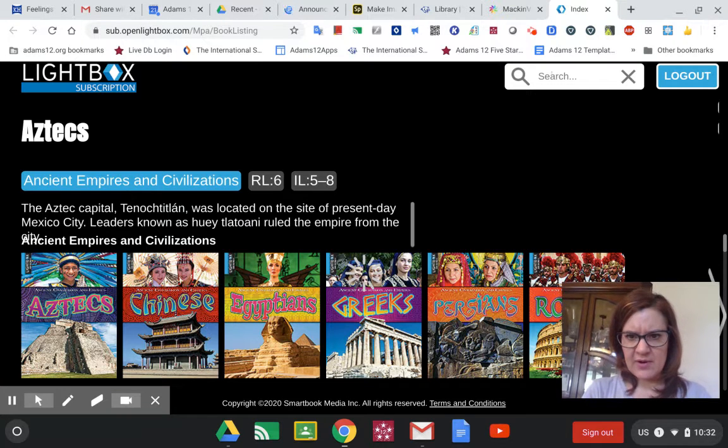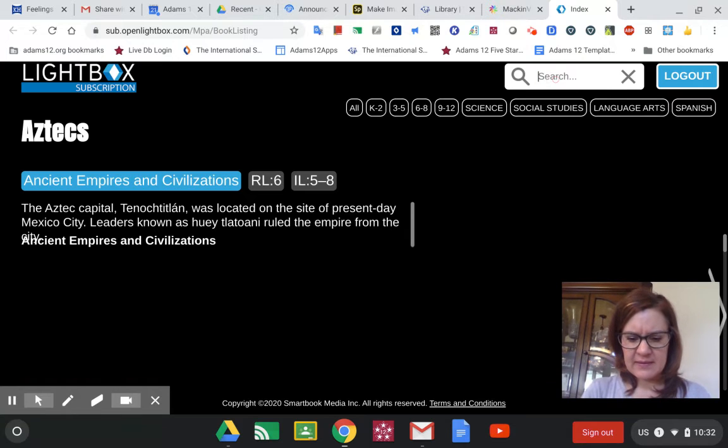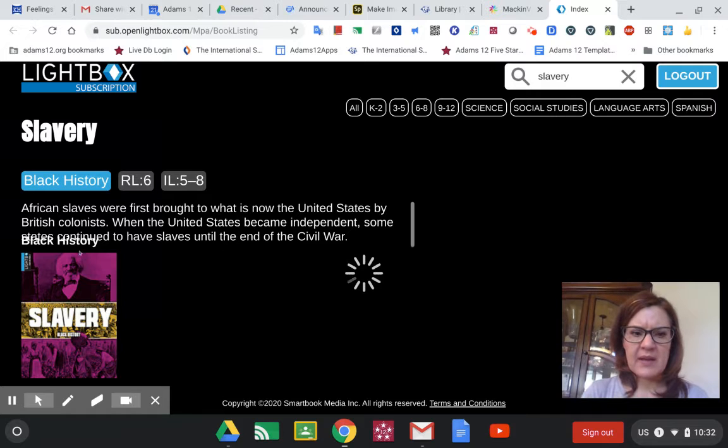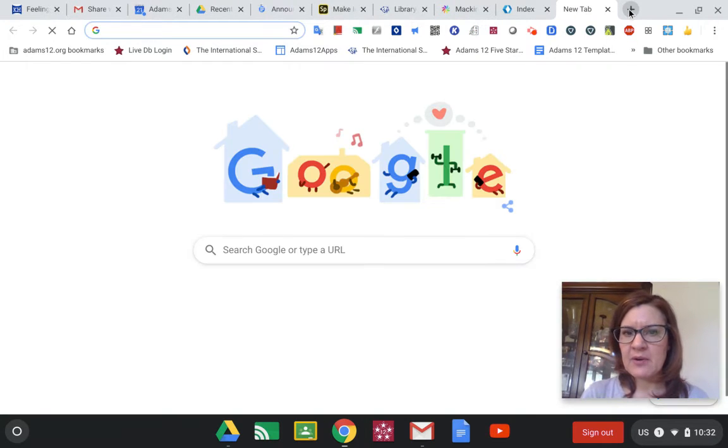Let's see if it'll look for it now for us. Usually it's pretty perceptive on what you type in. There we go. Yeah. So you can also search keywords up at the top and be patient with that. So that's Lightbox Books. I'm going to go ahead and open up a new tab now, and I'm going to